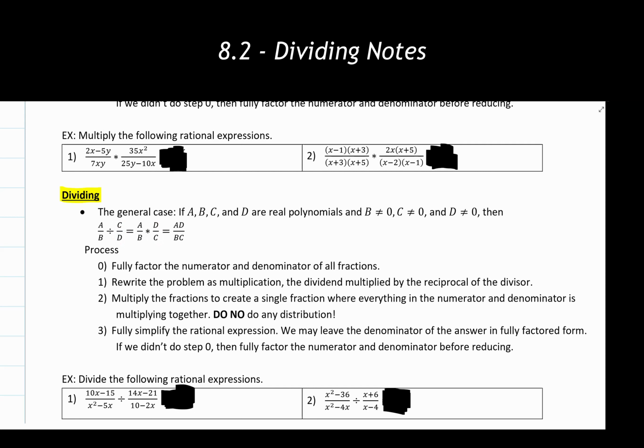It should be noted that there is no cancellation, there is no factoring, there is nothing other than a rewrite going on between this step and this step. I really want to emphasize that, because a lot of people want to start factoring and canceling at the very beginning of these problems. You absolutely need to avoid that temptation. Do the rewrite first, and then you can start going from there and do any factoring and canceling.